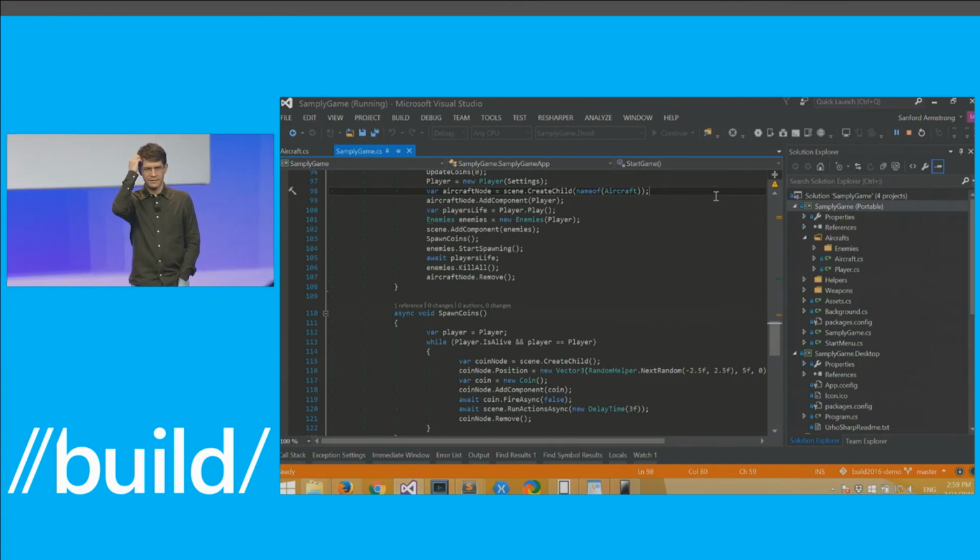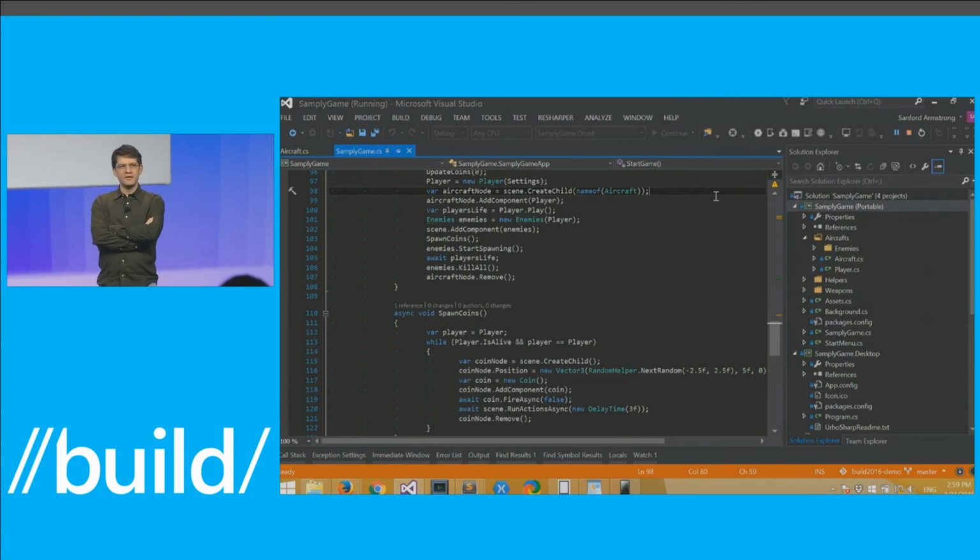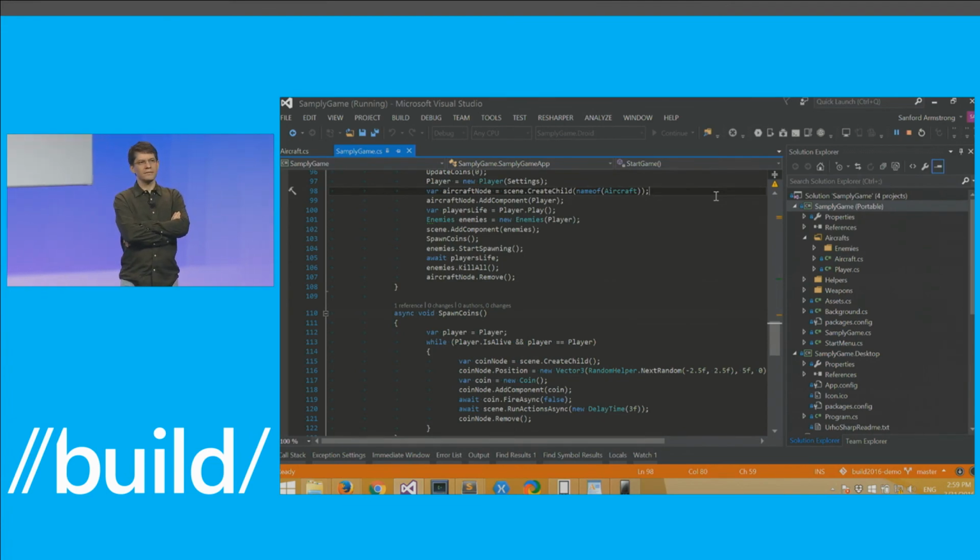Hold on, there's a question here. What is the question? Is it easier to build native libraries than it currently is? Yes.